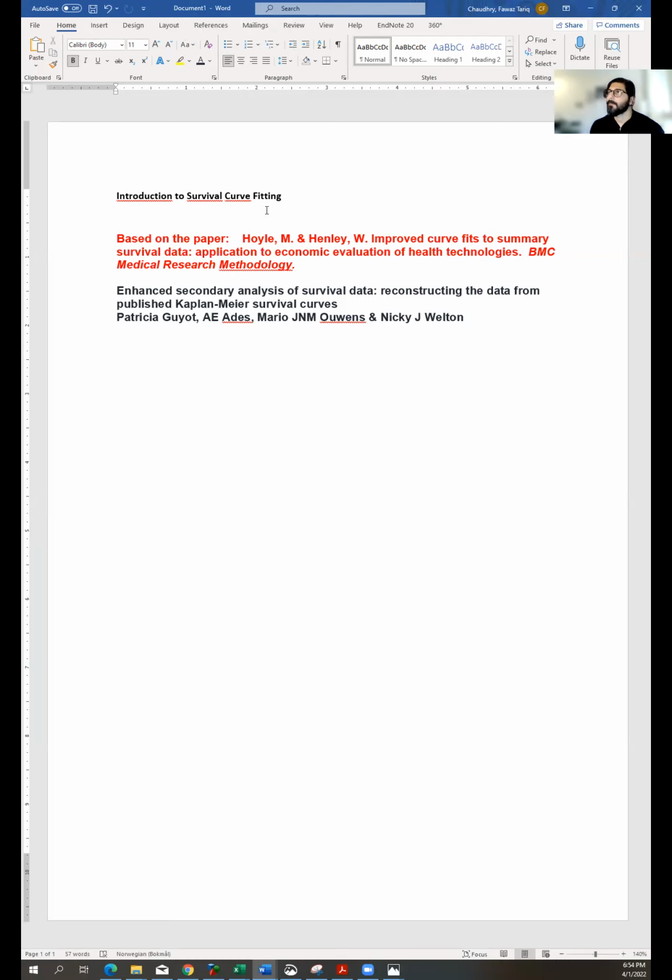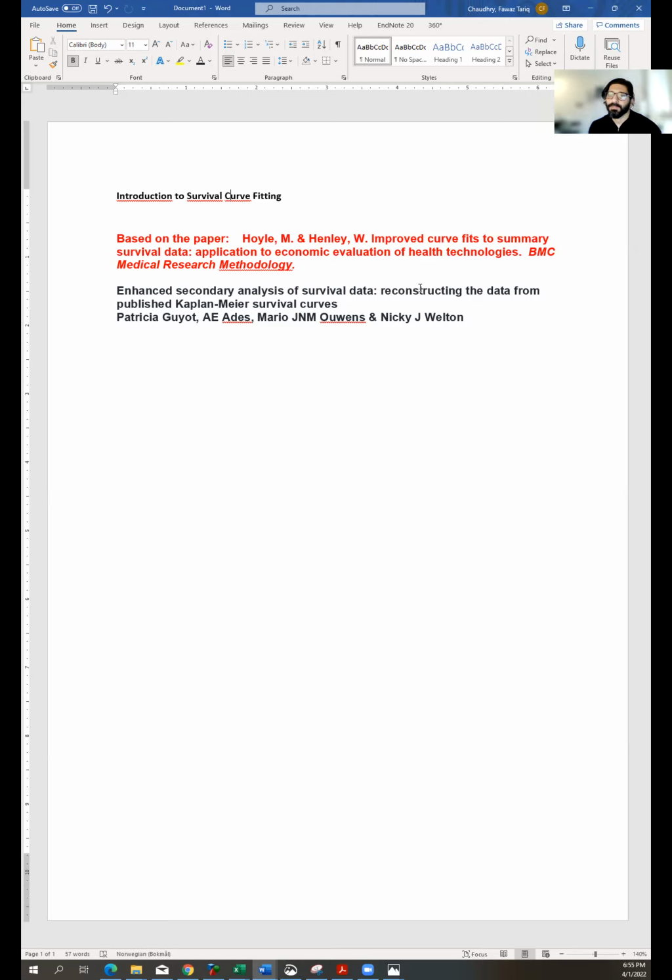you in a bit. But there are obviously other techniques which can be used, but I find this to be much better as compared to Guyot, which is the second article here for the reconstruction of survival analysis. And if you really want to look at the details of the differences between both of them, they're very subtle. They're not a huge difference, but obviously there is a difference in terms of how you set up your survival distributions. The one by Guyot is just based within R, but the Excel one gives you more flexibility to